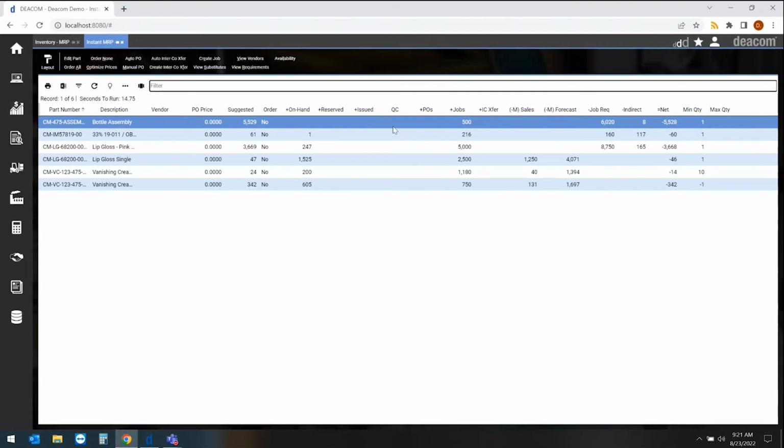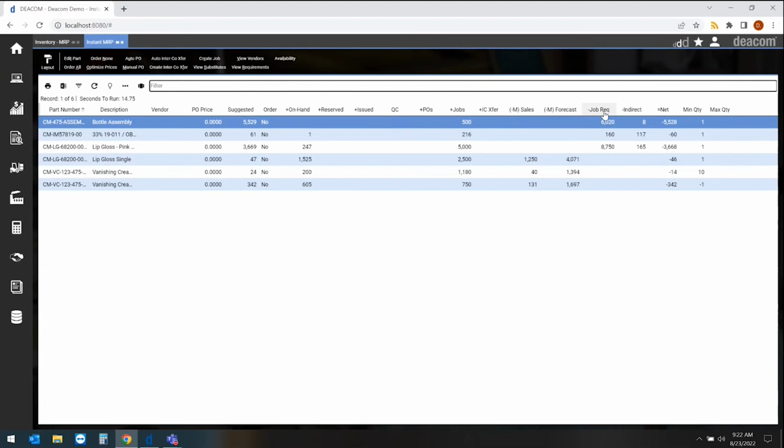Anything that might be in the QC hold, so as you finish product, it may need to have certain testing done before it can actually be sold to a customer or moved further in the production process. We also have current jobs that are scheduled but have not been finished. We may see some transfers from one facility to another. And then we look at some of our demands around sales, so actual sales orders, forecast orders,